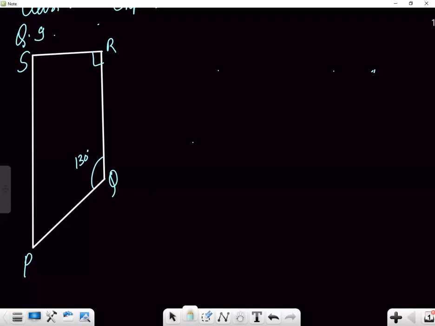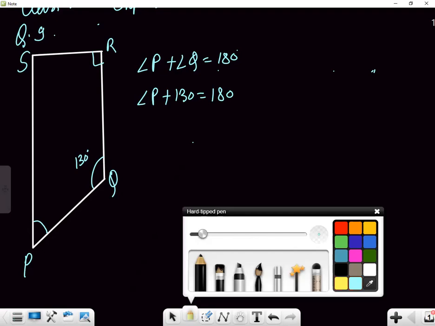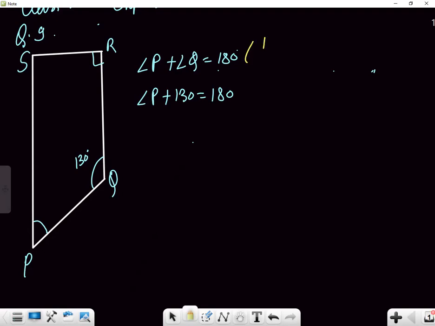First, angle P plus angle Q is equal to 180 degrees. So angle P plus 130 is equal to 180. What is the reason that the sum of both of these angles is 180? Because both are adjacent angles of a quadrilateral. Tick. It may be like this, or